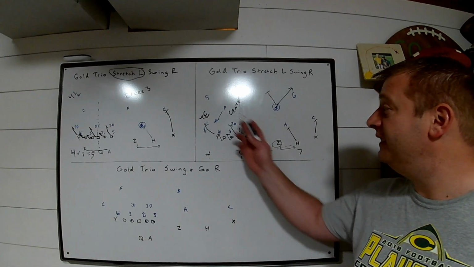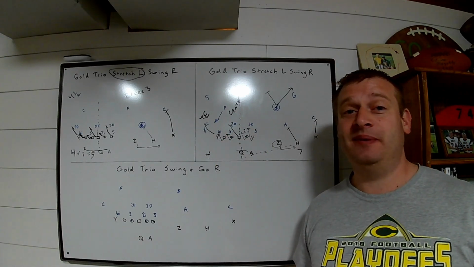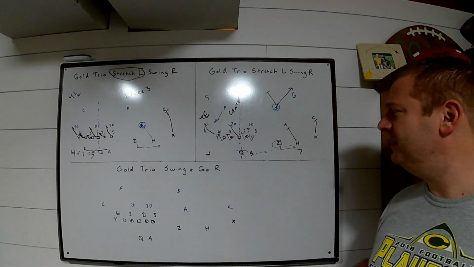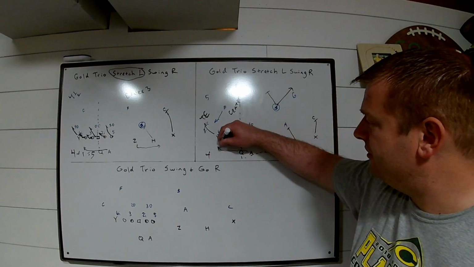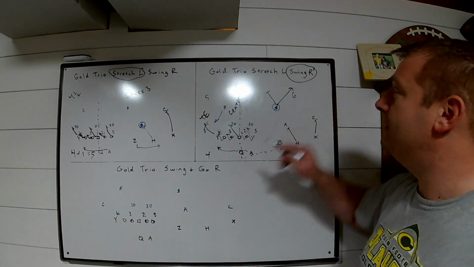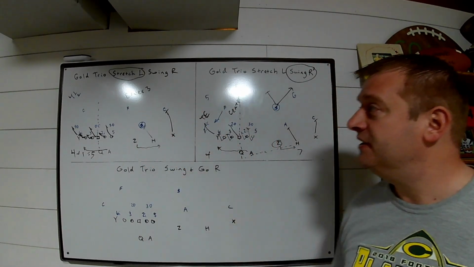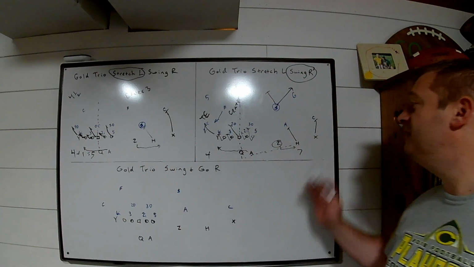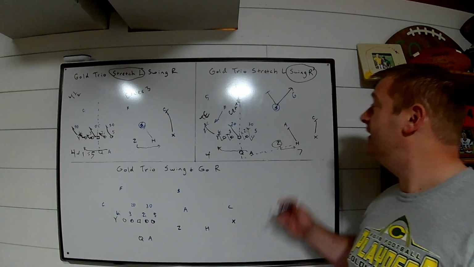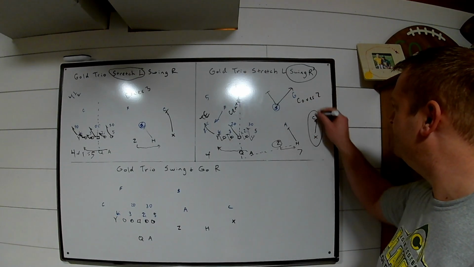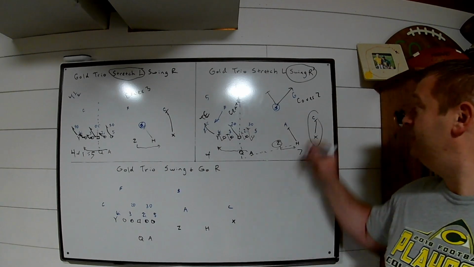So we feel like, hey, there's probably 3 guys going to show up with at least good leverage over there that we're not going to get a great block on. So let's throw the ball out to the swing side. So that was how we started the game. Do we have numbers to run stretch? Great. Let's go attack the stretch side. Or do we have numbers to run swing against cover 2? And I know the block by the X here, this is a little bit hard, but let's attack the cover